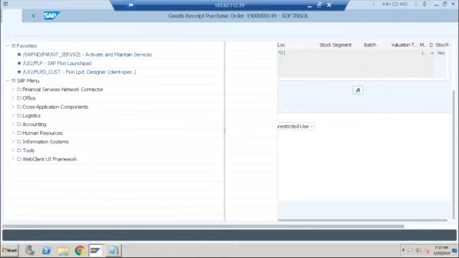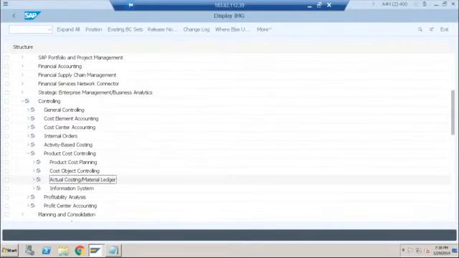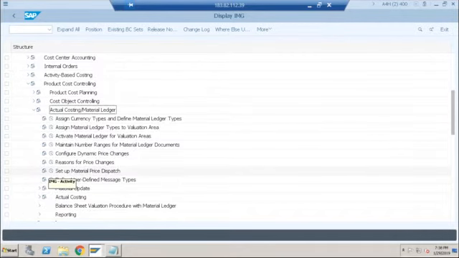So this is not a new thing. As I told you, this is something which you will also find in ECC. The only difference is it was not mandatory. Now it is mandatory. So for actual costing, these are the 3 steps that you need to perform. That's it. You don't need to go into all other details of material ledger, because you are just activating this functionality technically. You don't need to worry about the currencies, the valuations, the actual costing, nothing. Just ignore all these things. The only thing is you have to activate these 3 things.